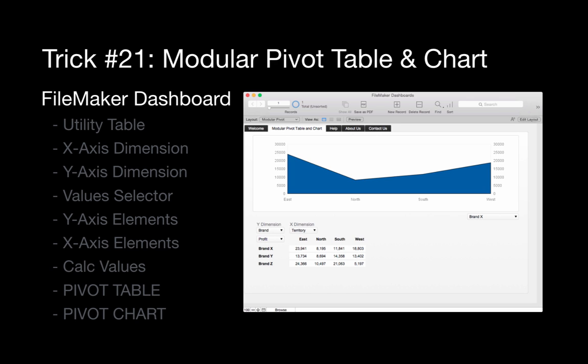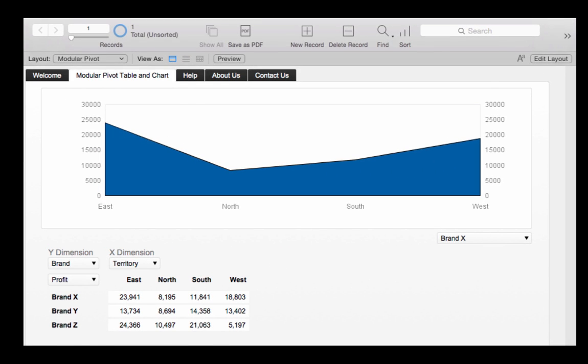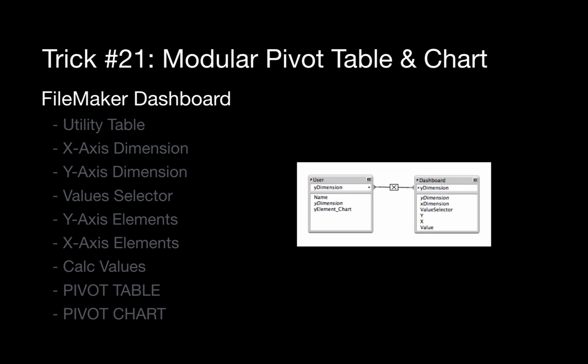Not only can you move it around layouts, but you can have multiple dashboards sitting next to each other. So you could have several tables, several charts, all on the one layout if you had a big enough monitor or a multi-monitor situation. So the way to do that is to go ahead and create a link between the utility table that you created. So I've called my utility table dashboard, and you can pick any other table in your solution. In this particular case, I've picked the user table, and it's showing an all link between any 2 fields in